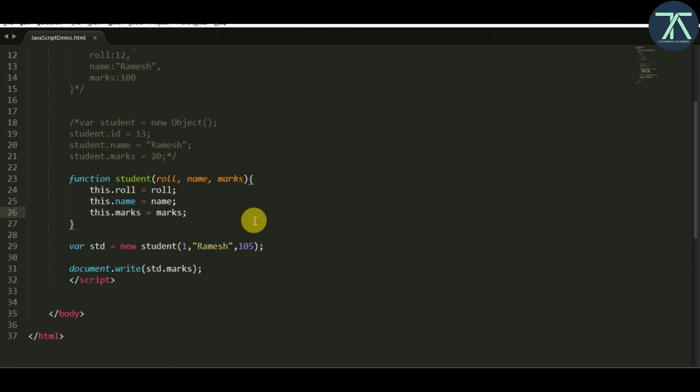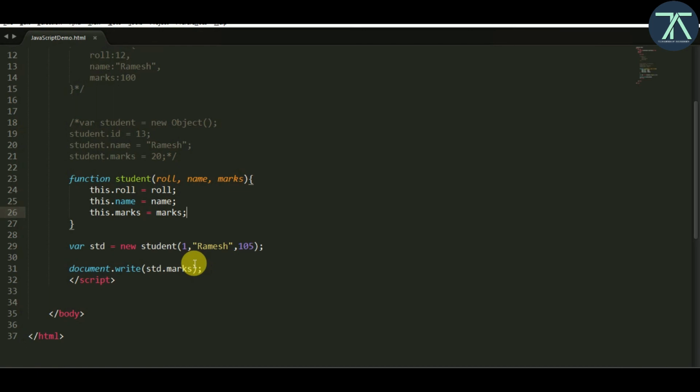And it will return whenever you call it. So this is the third way to create a student object, by creating an object constructor, and this is the proper way to create an object. We should always follow this way only. This is the proper and perfect way to create an object.